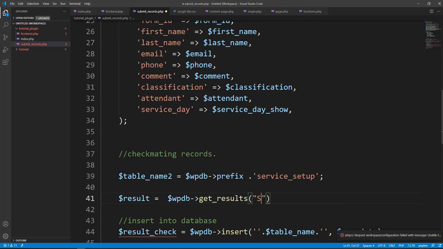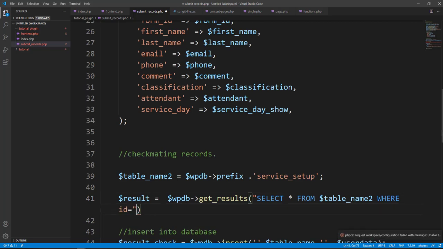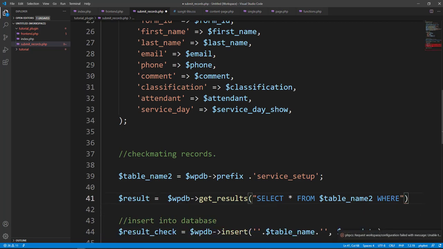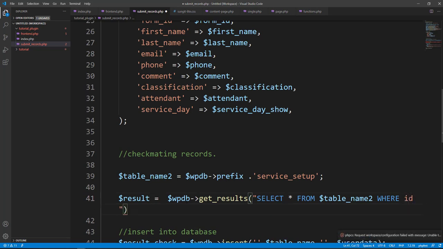Say select all from table 2 where id is equal to